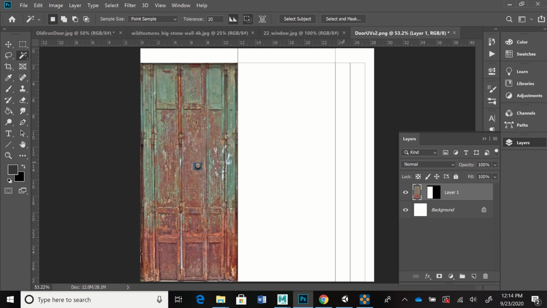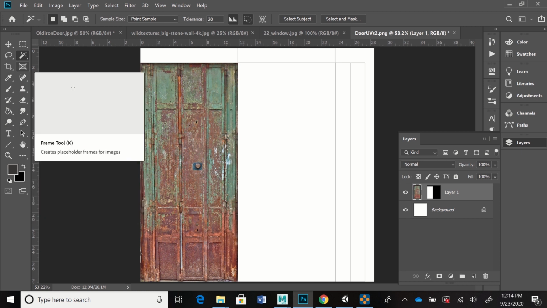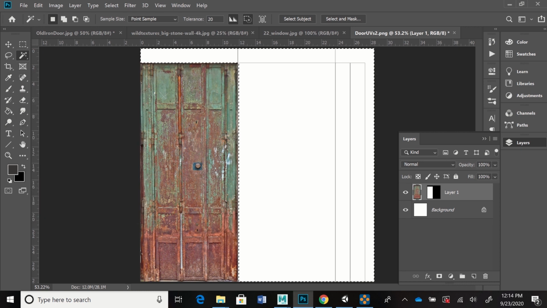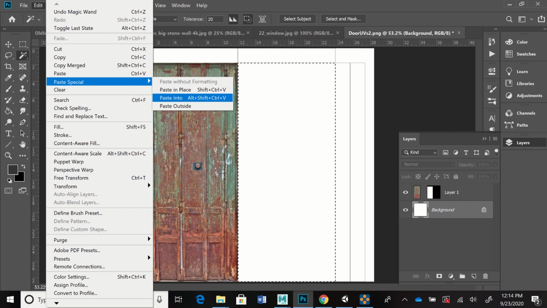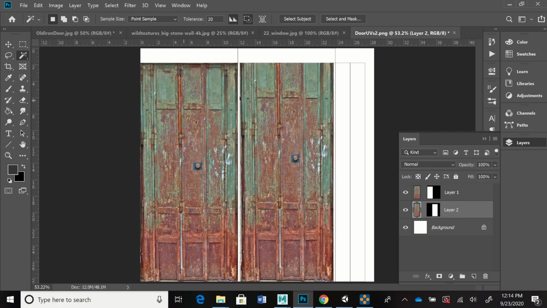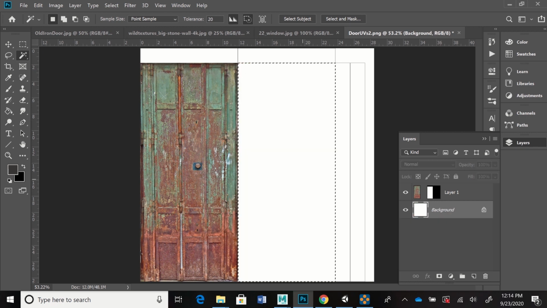So that gets the front of the door, and if I want the side of the door or the back of the door, I can do the same thing. I could just select it, make sure you're on that layer, select it, edit, paste special, and paste into, and adjust it. Now that might not be the best idea. I'm going to undo that because actually